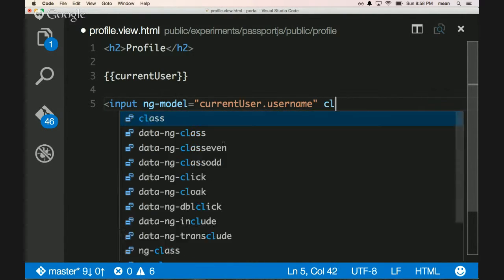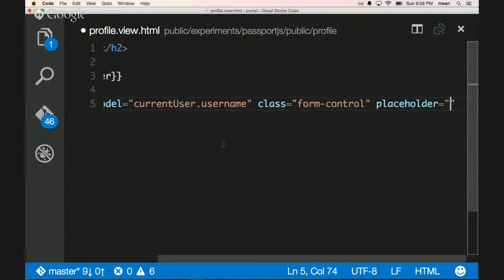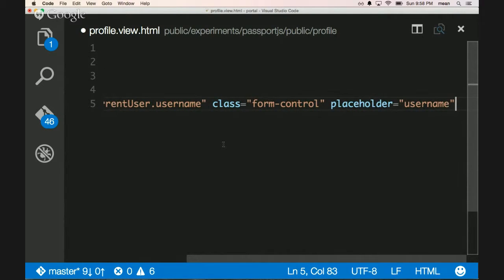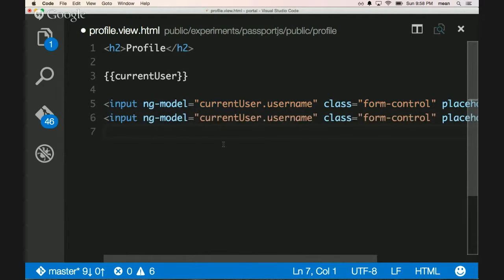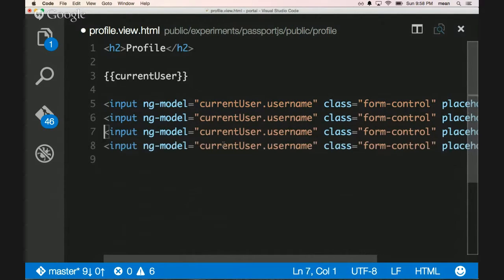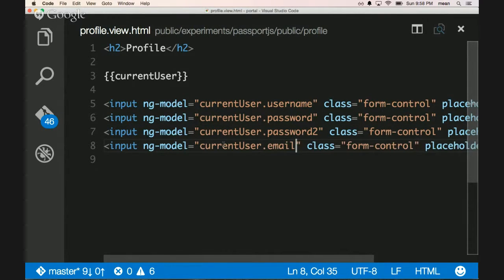And we'll have the class. We'll say that this is a form full, and the placeholder will be, say, placeholder. We'll say username, and we'll use that for displaying all the information here. So for user, we'll say this is a if we want to change the password again. And we can change their email. I guess I shouldn't be able to change the email,